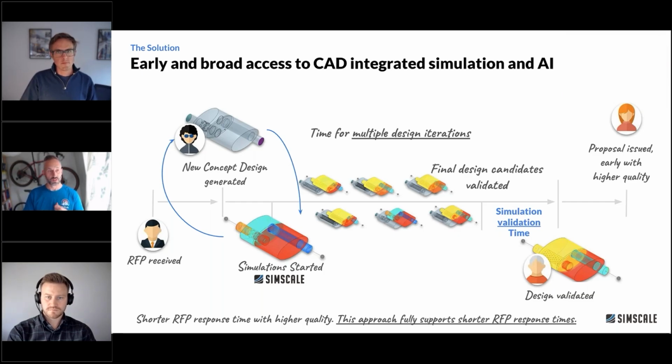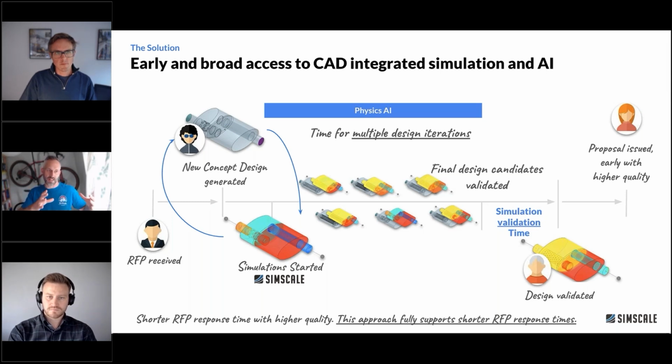Then we could also layer AI on top. So this is where we'll start talking about physics AI and engineering AI. So physics AI sits in the middle. When the simulation part is happening, at the moment, how we looked at it at least, the designer is doing traditional simulation. So it's maybe taking an hour, maybe 2 or something like this to do every single iteration. Maybe they're running in the cloud so they can do it all in parallel, don't know.